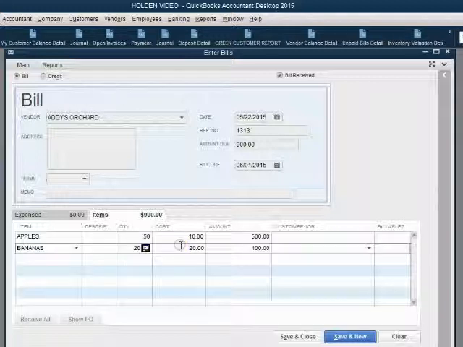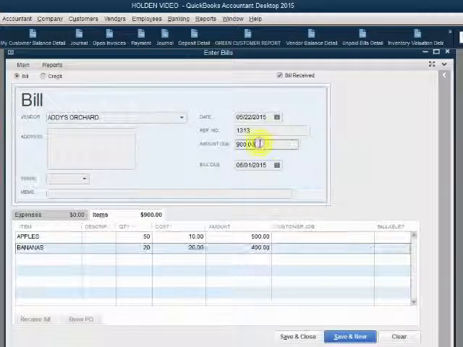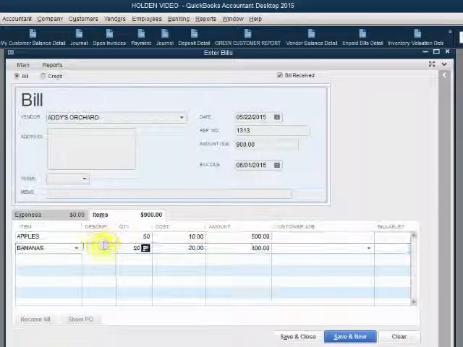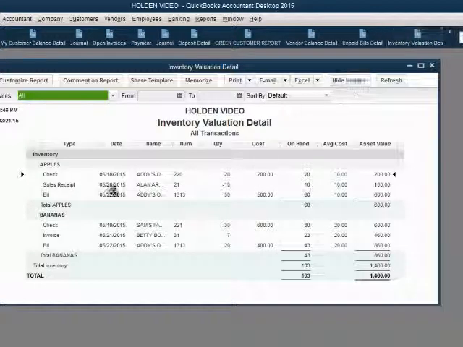We assume we do not need to change the purchase cost. That means we're getting a bill from Addie's Orchard for $900 for these two items, and they will affect the quantity of the inventory. After we click Save and Close, we can see on the inventory valuation detail that from